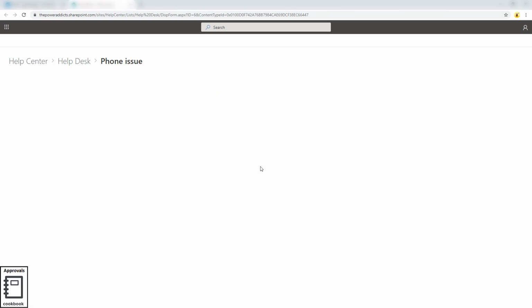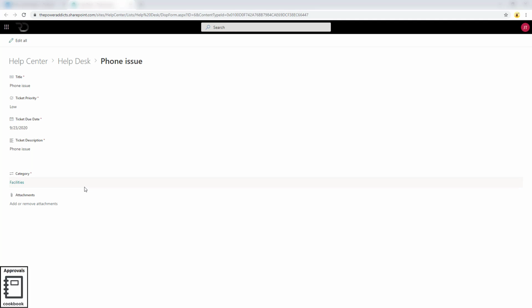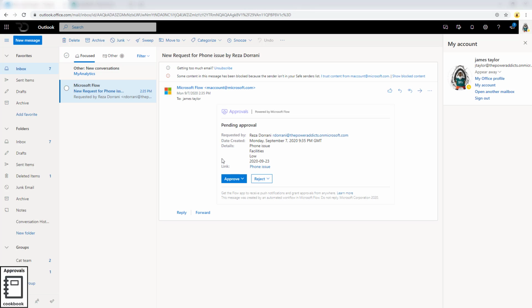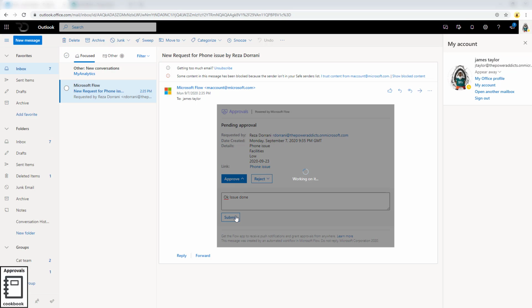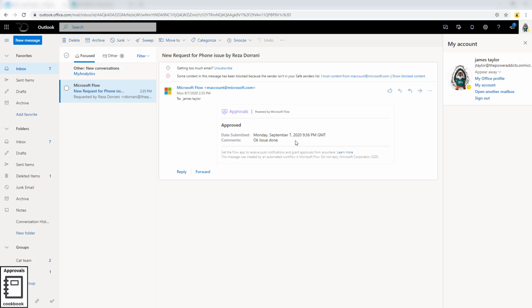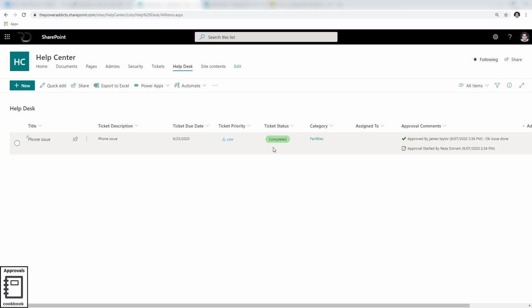If I select this, this should directly take me to that list item so they can directly look at it and review it right here. And once they take their approval decision, so let's say James this time goes and says, yes, approved. Okay, issue done. Just going to click on submit. This will go ahead and log this record. The card closes. If I log back in as the user, notice that the ticket status has changed to completed,